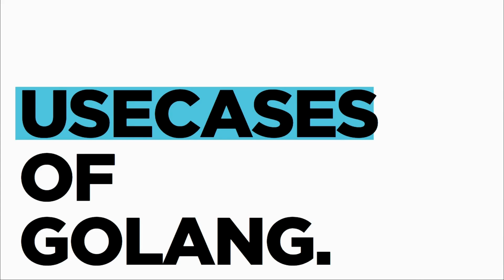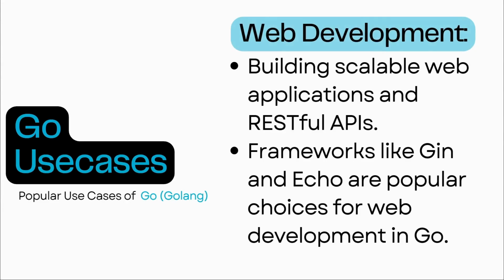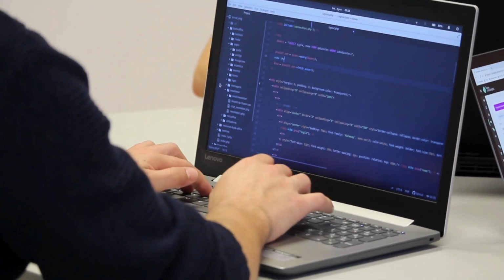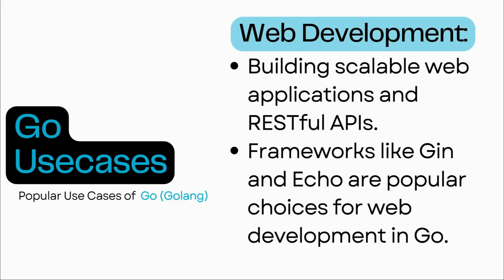This is episode 2 of our complete Golang Bootcamp, where we'll be discussing the use cases of the Go language in real world scenarios. The very first and most important use case is that Go is extensively used in web application development. If you want to build scalable web applications or RESTful APIs, Go would be a better choice because it has frameworks like Gin and Echo, which are very popular choices for web development